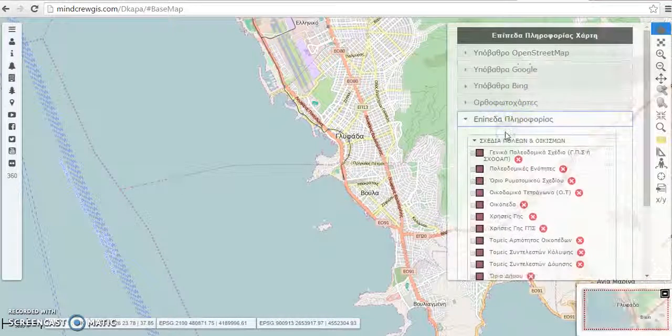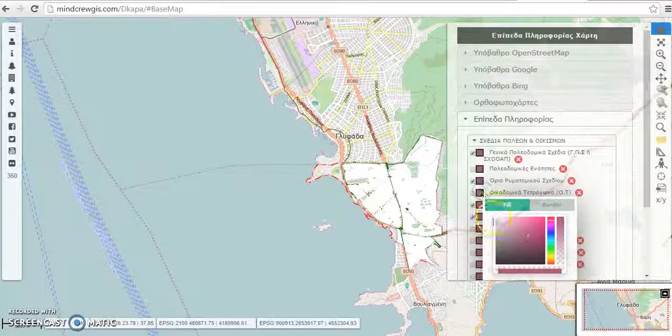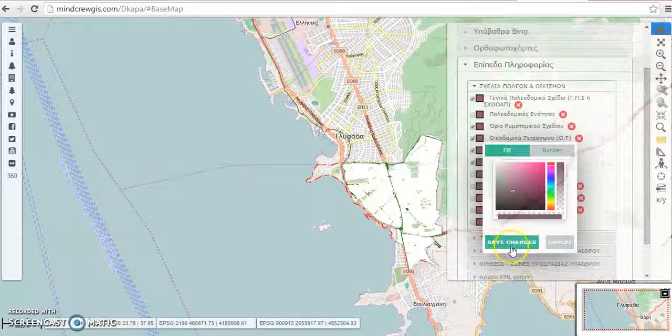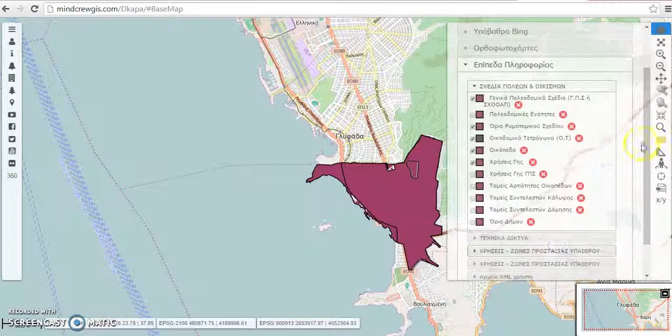The fifth option here is to display the layer data. If I select any particular layer or if I select multiple layers, yes, here you can see the data. The layer data is displaying. Also from here, you can change the layer colors like this. If you select this layer and if you choose any color, go in save changes, you can see the changed color. Okay.